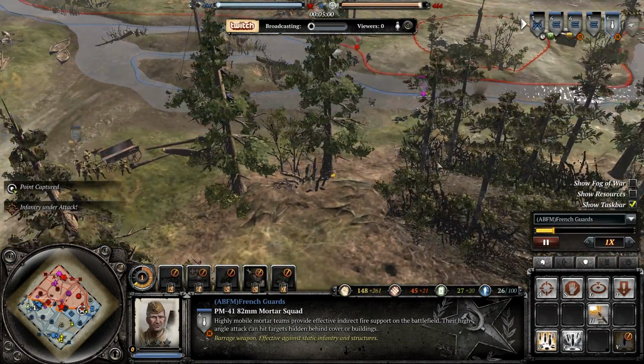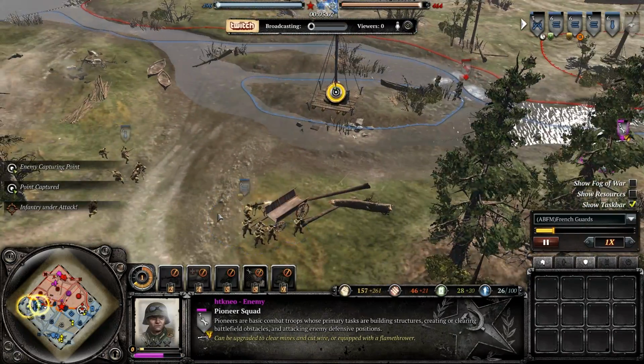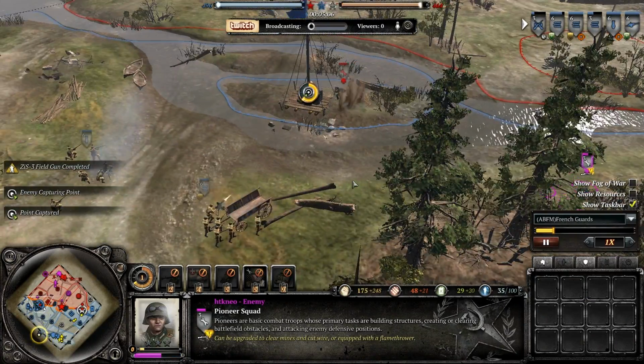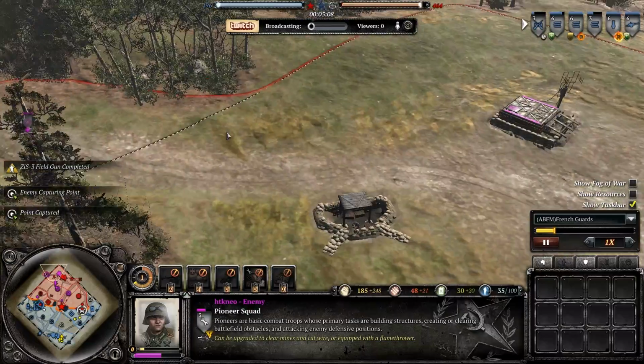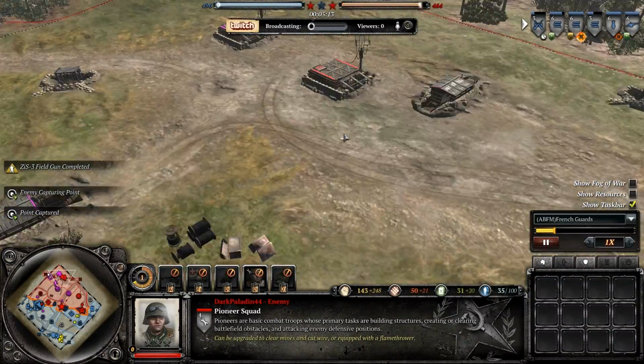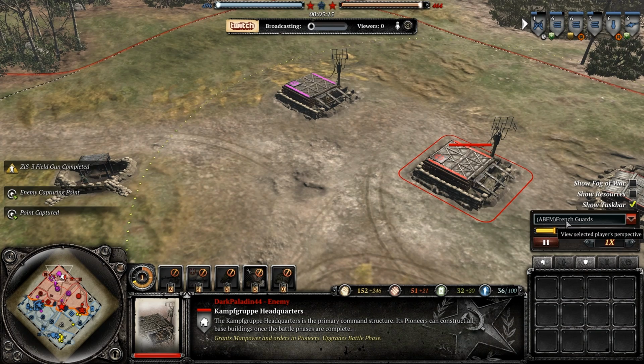So I was going to put my mortar in the woods here and start maybe taking some shots on those guys. But he's getting around, and look at the flamethrower. They really haven't done a whole lot. I mean, they have some snipers now they're getting out. Snipers are more Pioneers, but... If we go to them, what...